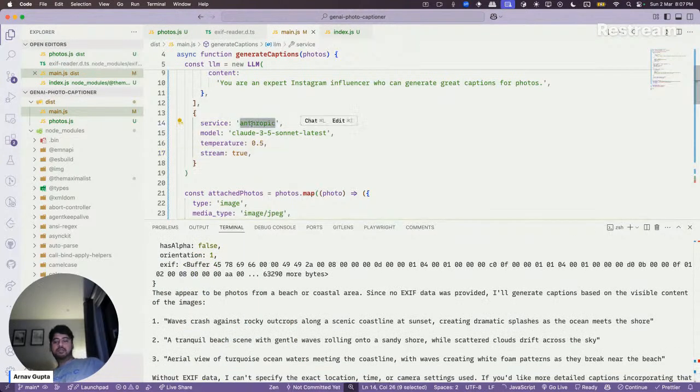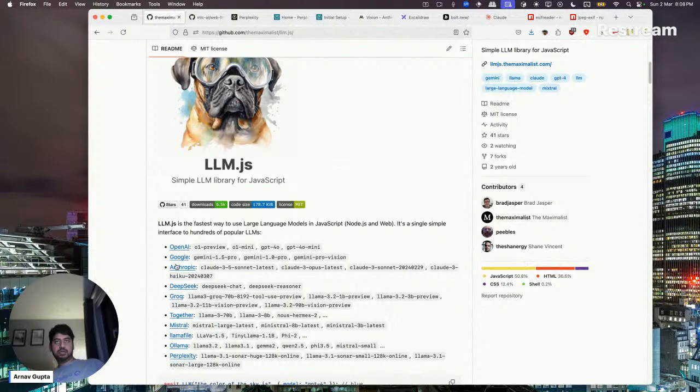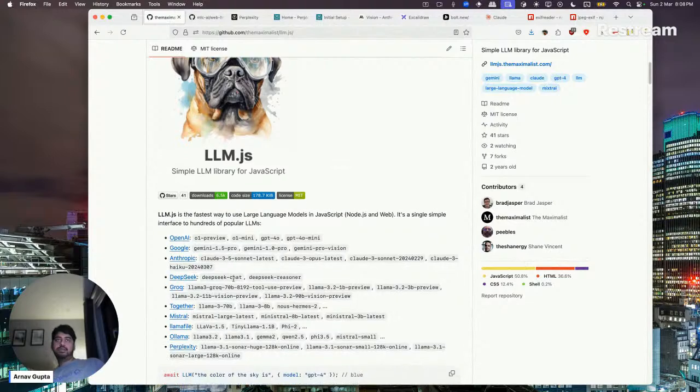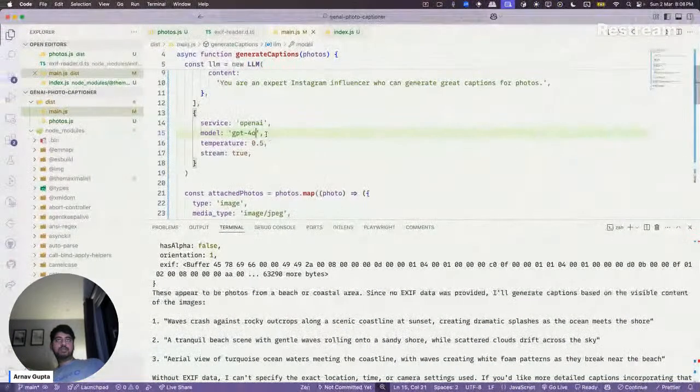Let's try with a different model. I think GPT-4o can just be triggered as GPT-4o, right? Let's try with that. Let's try with GPT-4o mini. In fact, it'll be faster than that.